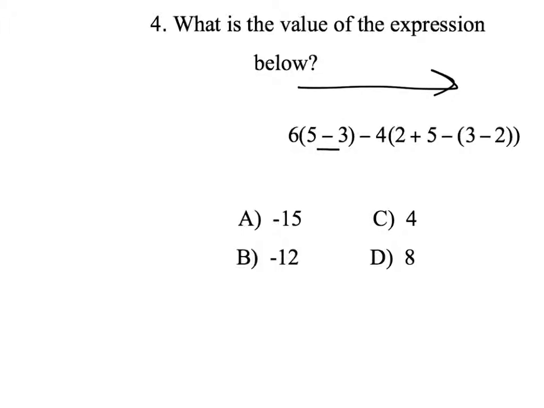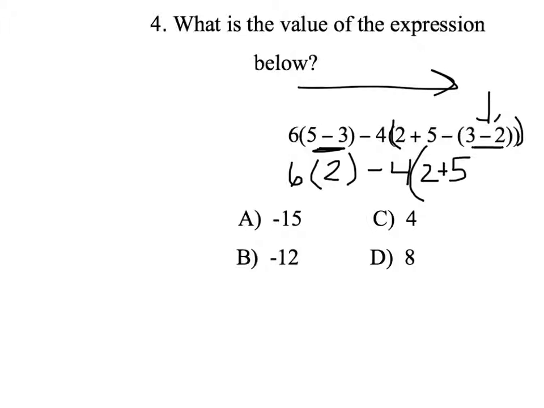So right here is our first one. So what's 5 minus 3? And then I'm going to say 5 minus 3 is 2. So I'm just going to replace that with a 2. Minus 4. And then inside these, you can see these parentheses, and inside those is another one. So I'm just going to do the smallest parentheses first. So 2 plus 5 minus 3 minus 2 is 1. Close parentheses. So do you see how I simplified that?